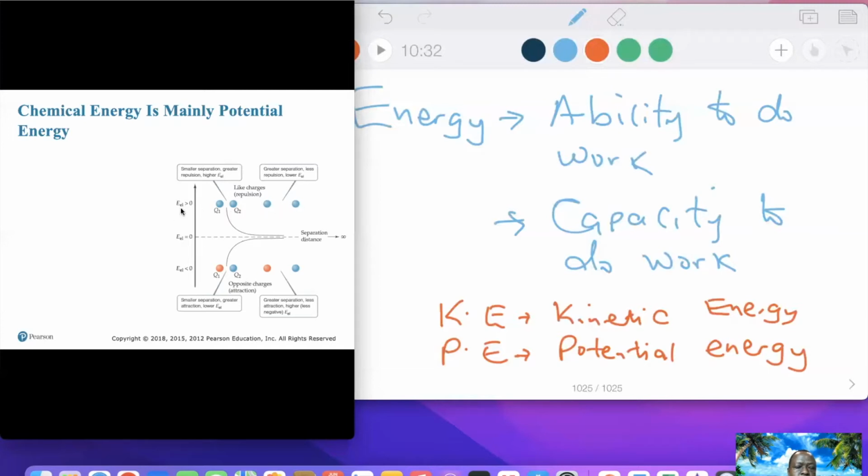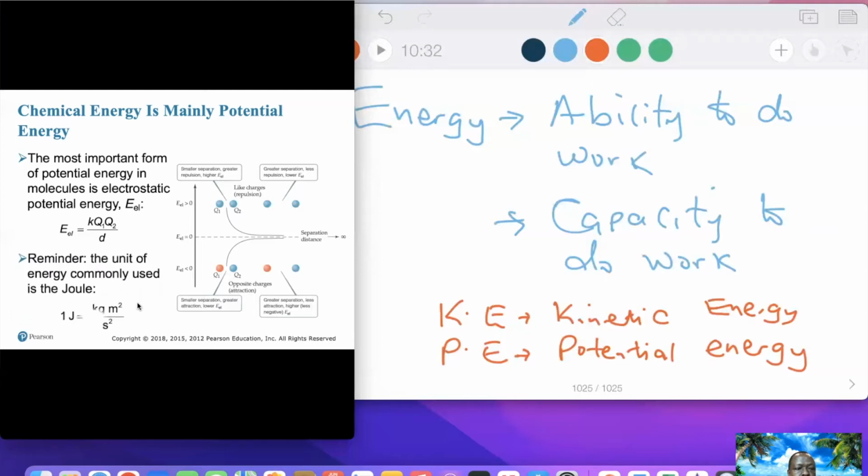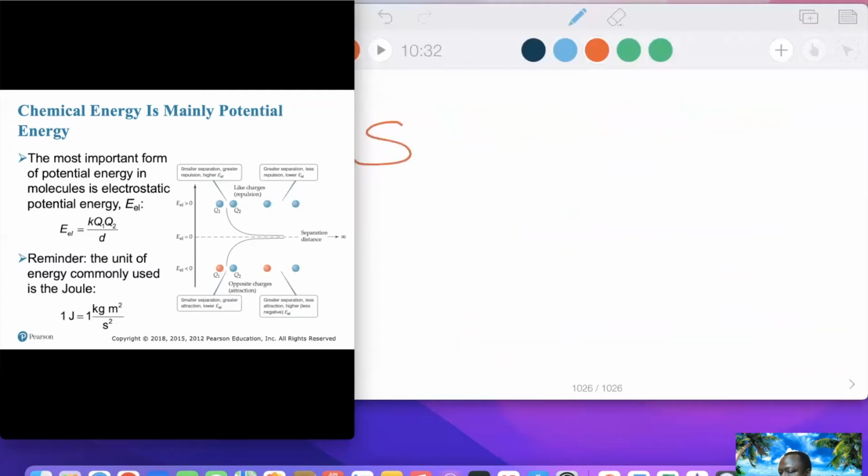That means the electron potential energy is greater than if it is too close. Then we talk about the negative. I won't require you to calculate the electrostatic potential energy for two charged particles. I leave that, but what I want you to remember is the SI unit for